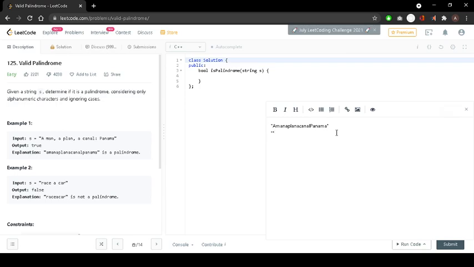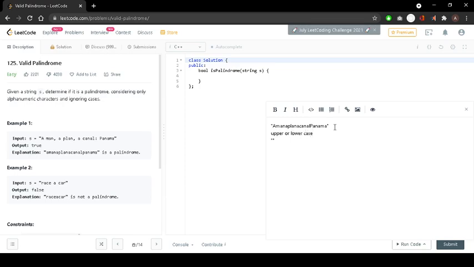Now, the second thing is we have to check whether it is a palindrome or not. But before checking this, you can see that at the zero index, the A and the A at the last index are capital and small, that is, their case differs. So before doing this, I would also convert the whole string into either upper or lower case.